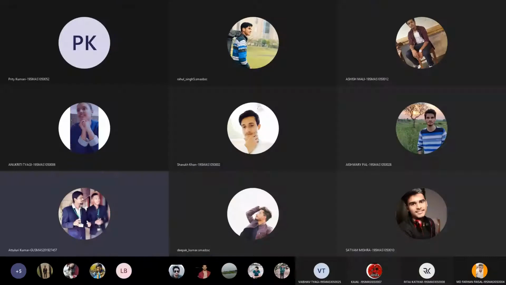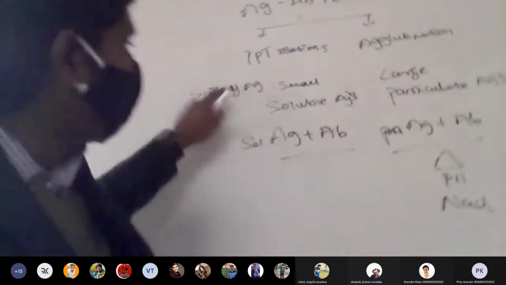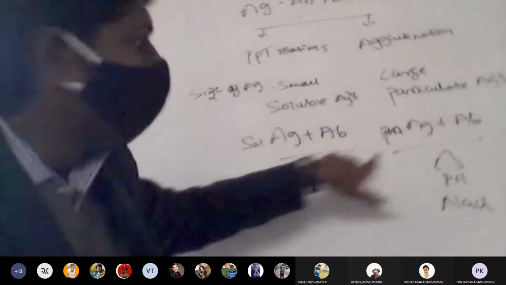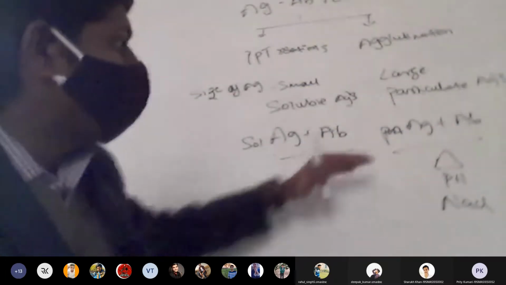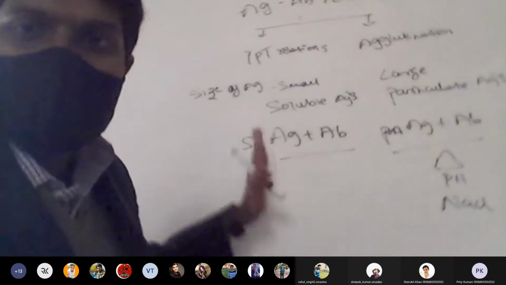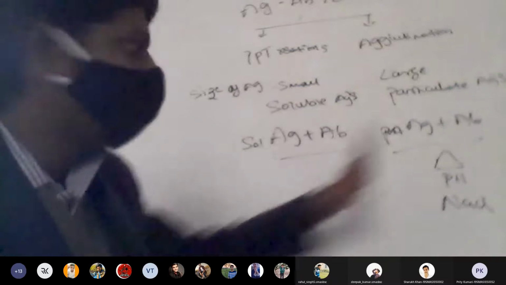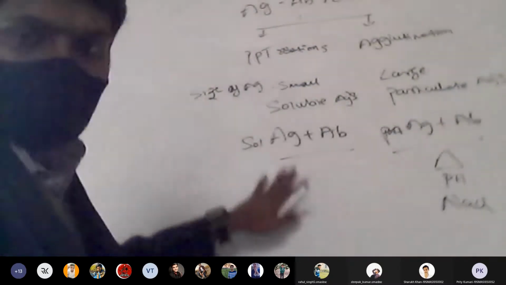We came to know that the only difference between precipitation and agglutination reaction is that in precipitation reaction, a soluble antigen will participate in antigen antibody complexes, whereas in agglutination, a particulate antigen will participate at optimum pH and temperature in the presence of NaCl. The insoluble complex in case of precipitation will be a precipitate. Here it will be agglutination. That is the difference. Then I started discussing the classification of precipitation reactions.